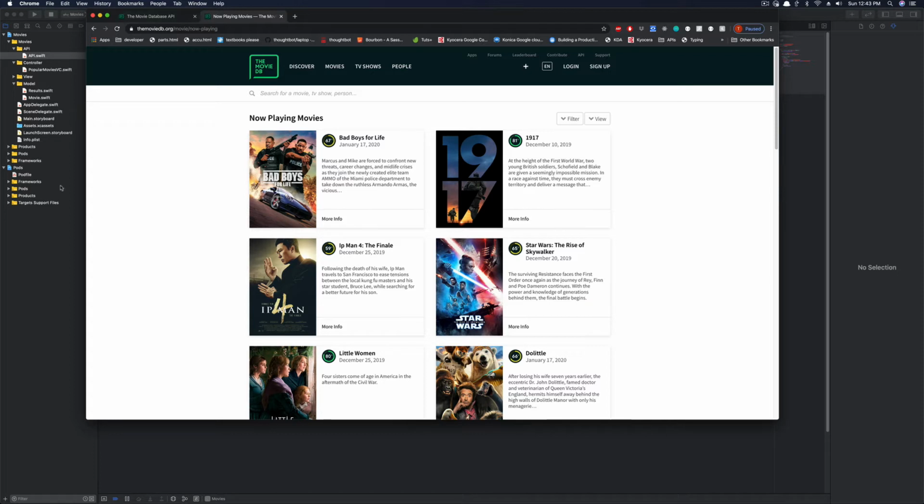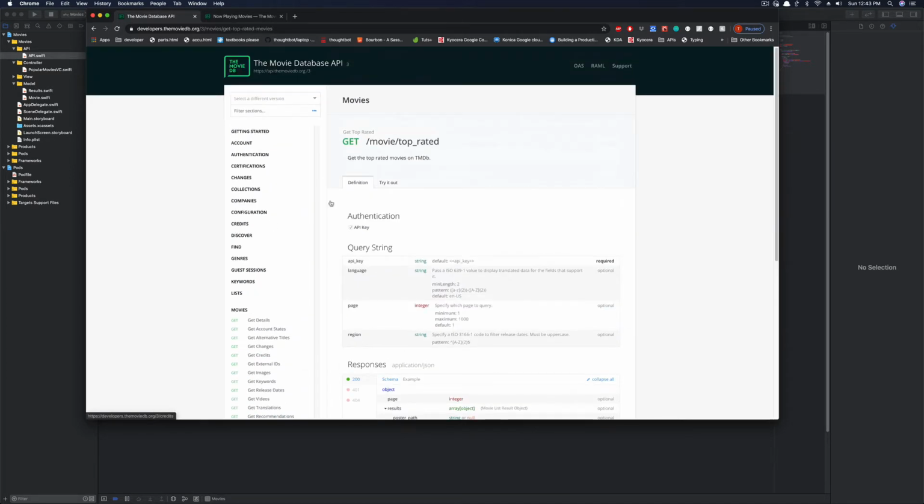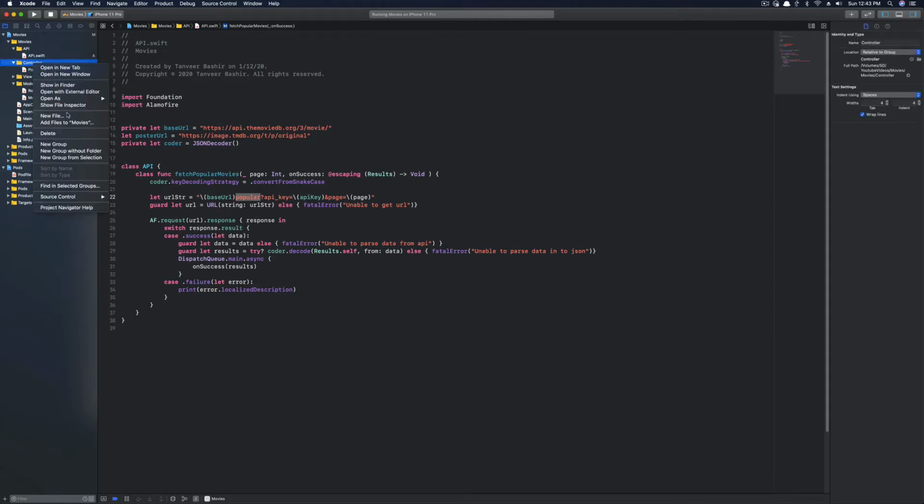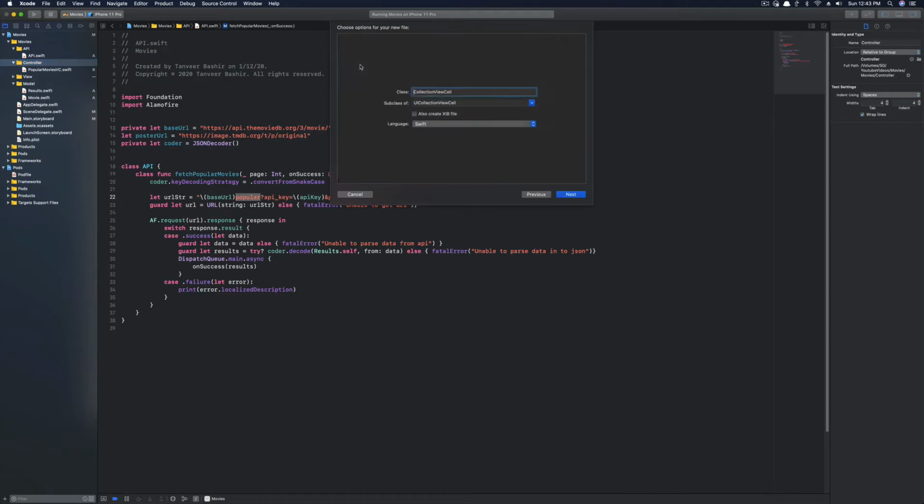So let's create another view controller, and we're going to call it top rated, right? So we're going to fetch all the top rated movies. The easier way to do it is to go here to the viewController folder, right click on that, new file, and it's going to be a Cocoa Touch class. It's going to be TopRatedVC,